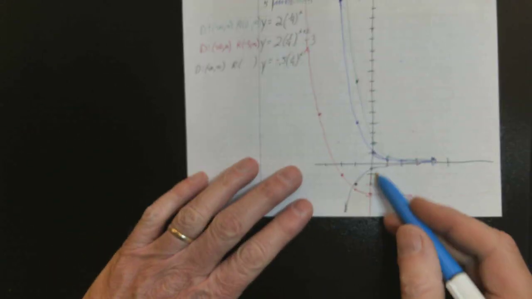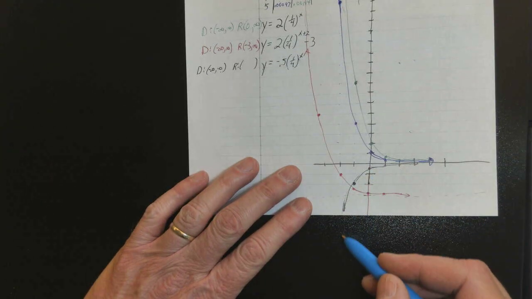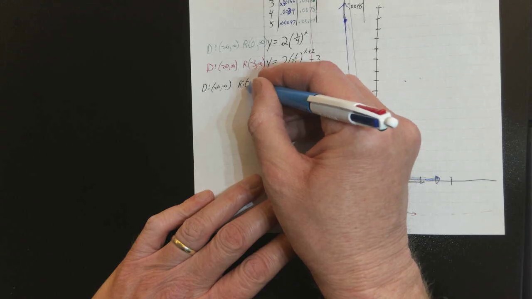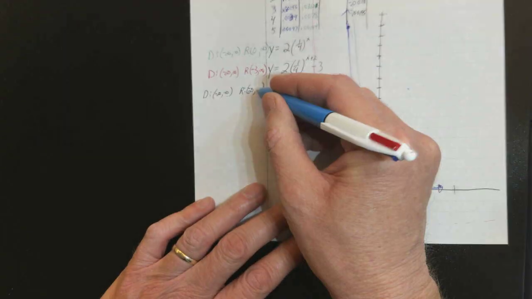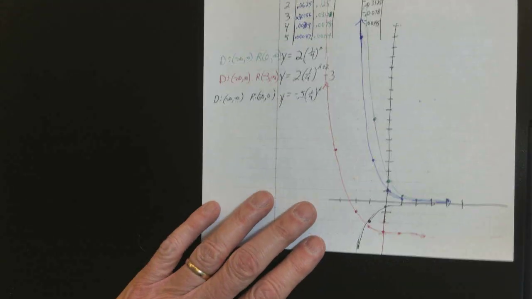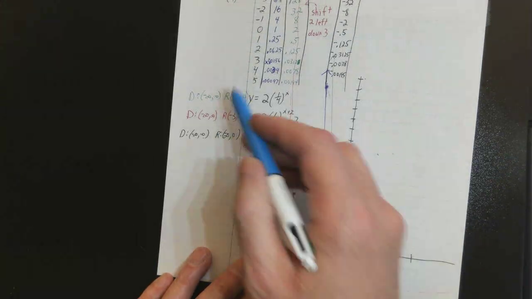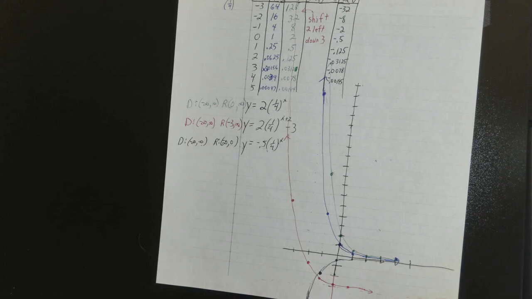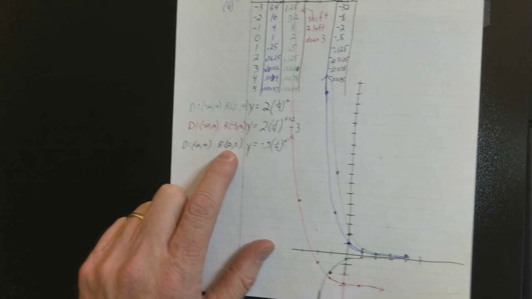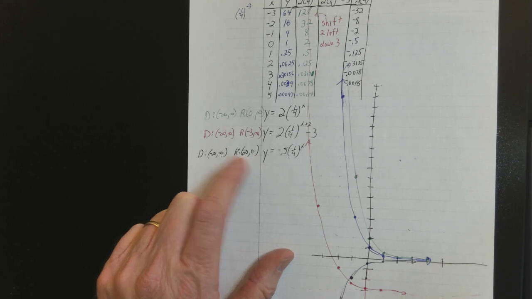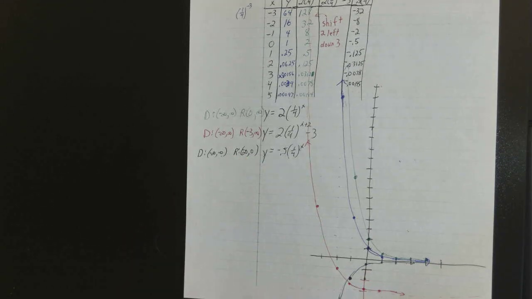How low will this go? Negative infinity. How high is it going to go? To 0. Good job. All right. So that one's completely different than the first two, anyway. All right. That's a negative infinity, by the way. Okay. And I'm going to